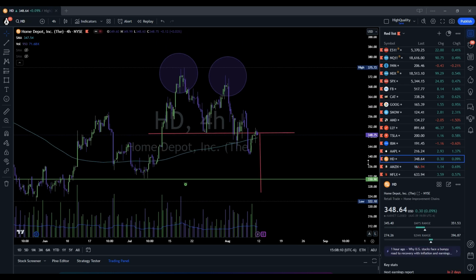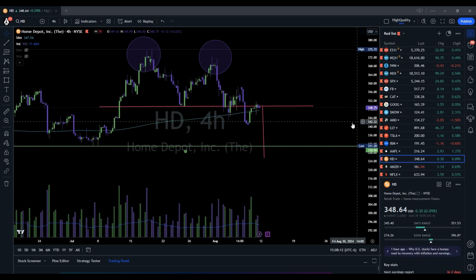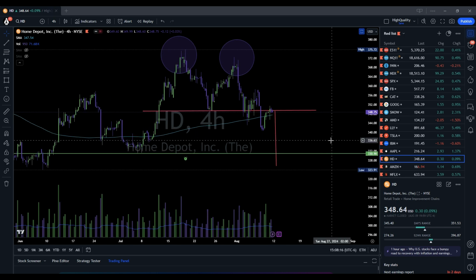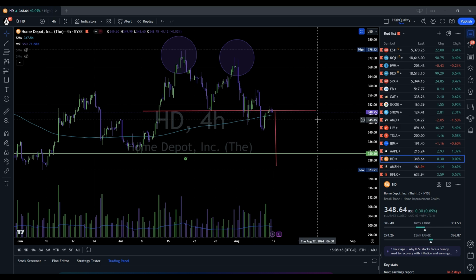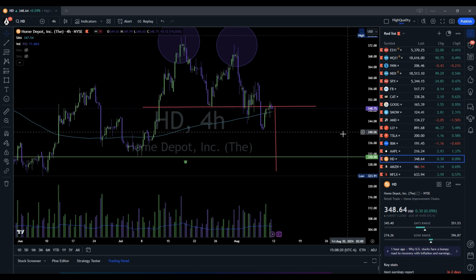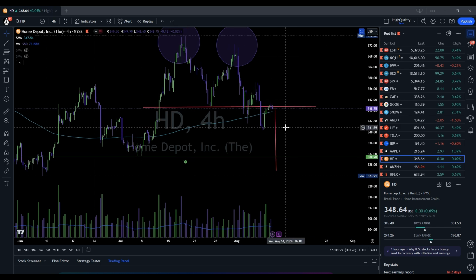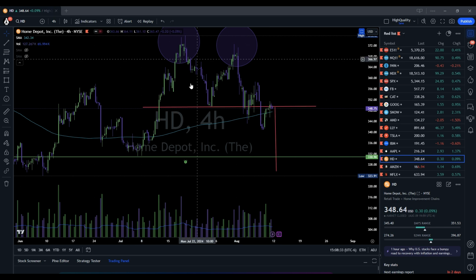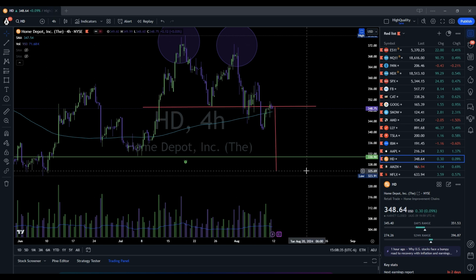Last one, guys. We went over a lot today. Let's now get into HD stock, which is Home Depot. It looks to me like Home Depot is in a double top pattern formation, and we did break below the neckline last Wednesday. We have come up to test the neckline, and it looks like it is holding as resistance at the current moment. A full pattern completion of this double top does put price falling down towards 325.69 in